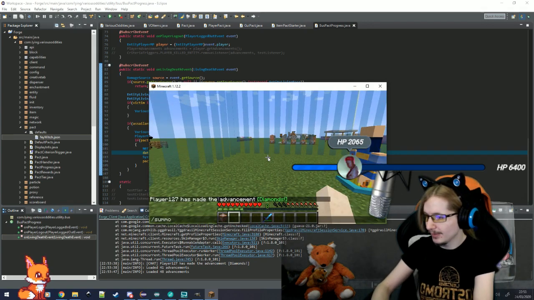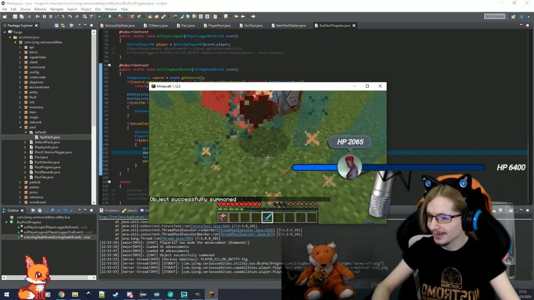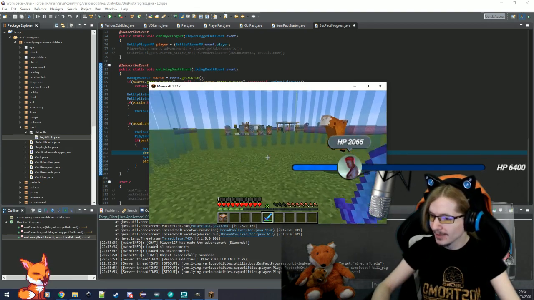Okay, summon Pigoo. Hey, get back here. Okay, there we go. Criterion completed, level achieved. Grand. Criterion...